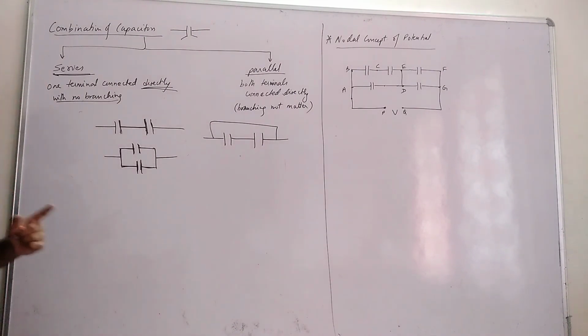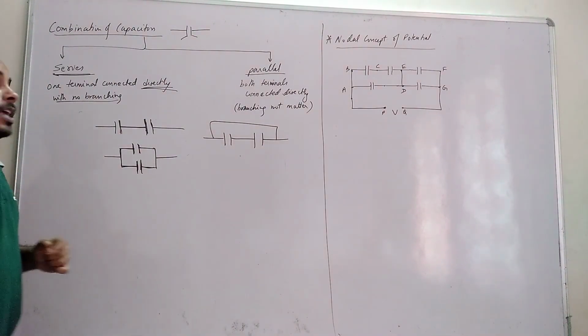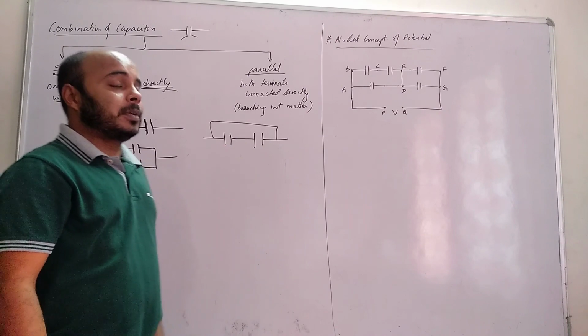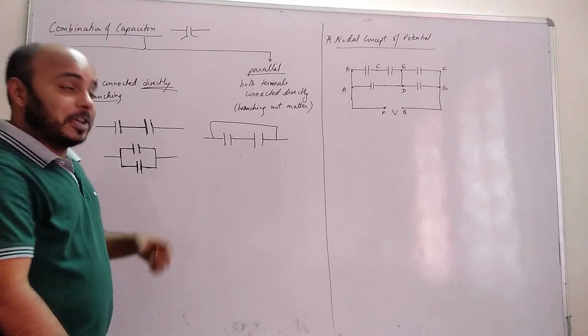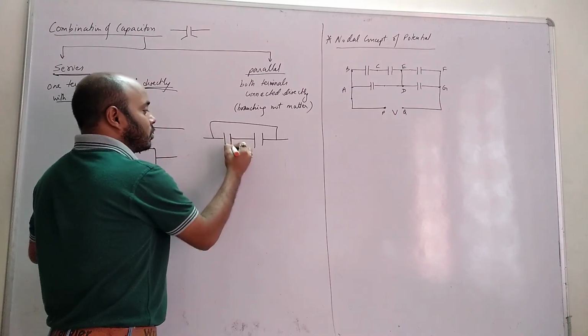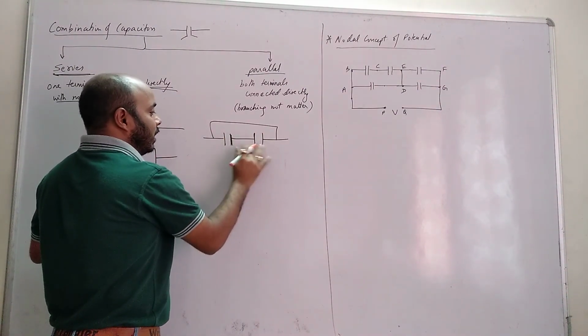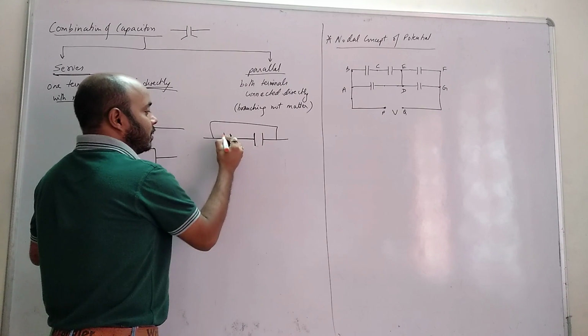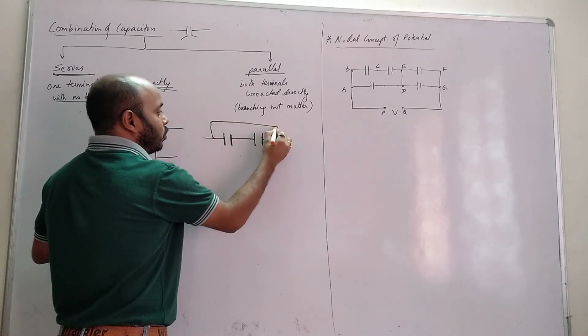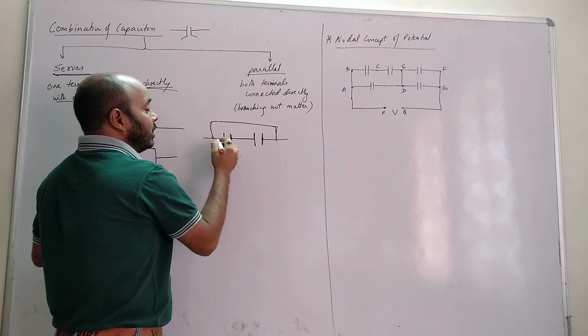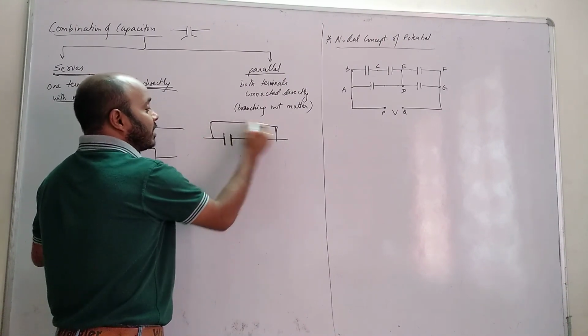If we use the class 10 concept, what will happen? In class 10 they are in a straight line, which means they are in series. No, they are not in series, class. They are different. See here, these two plates are connected directly, and these two plates are also connected directly. There is nothing extra other than wire. Only wires are there, na?